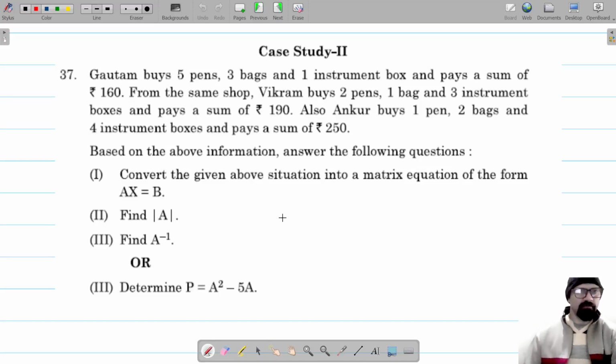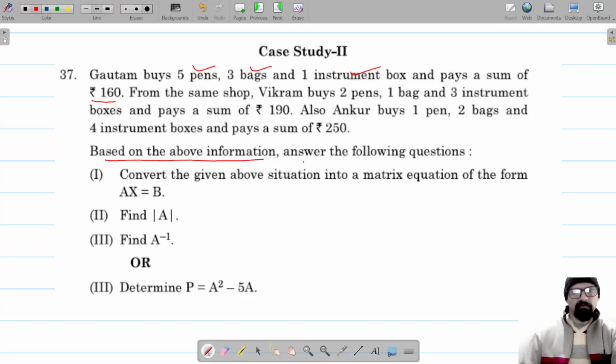For question number 37 में ये भी एक केस स्टडी बेस्ड क्वेश्चन है। इस क्वेश्चन में दिया है, लेट्स रीड आउट दिस क्वेश्चन फर्स्ट। गौतम बायस 5 पेन्स, 3 बैग्स एंड 1 इंस्ट्रूमेंट बॉक्स, और उसने सभी के लिए सम पे किया ₹160। उसी शॉप से विक्रम ने लिए 2 पेन, 1 बैग और 3 इंस्ट्रूमेंट बॉक्सेस एंड पे से सम ऑफ ₹190। अंकुर ने भी 1 पेन, 1 बैग, इंस्ट्रूमेंट। सो सभी ने पेन, बैग और इंस्ट्रूमेंट्स ही लिए हैं, और अलग अलग क्वांटिटीज में, और सभी ने कुछ ना कुछ सम पे किया है।